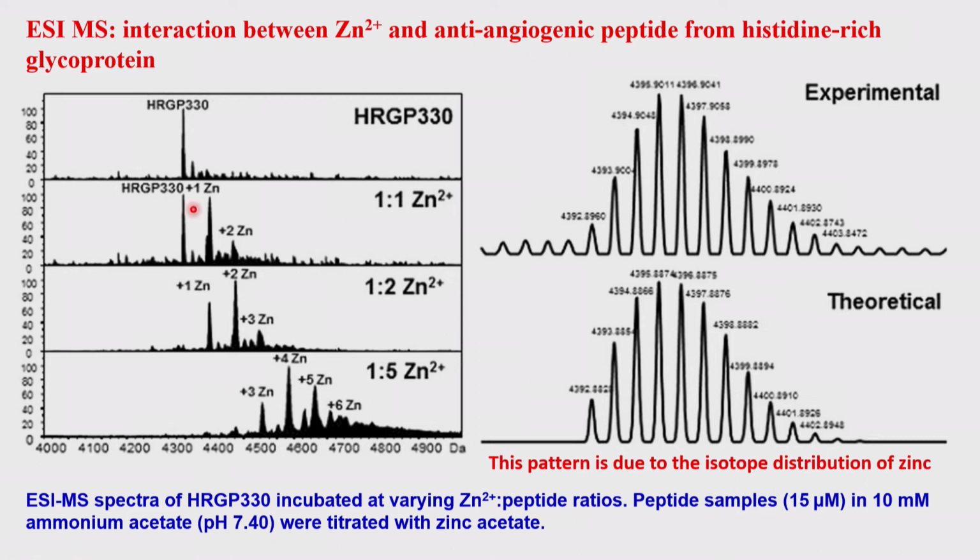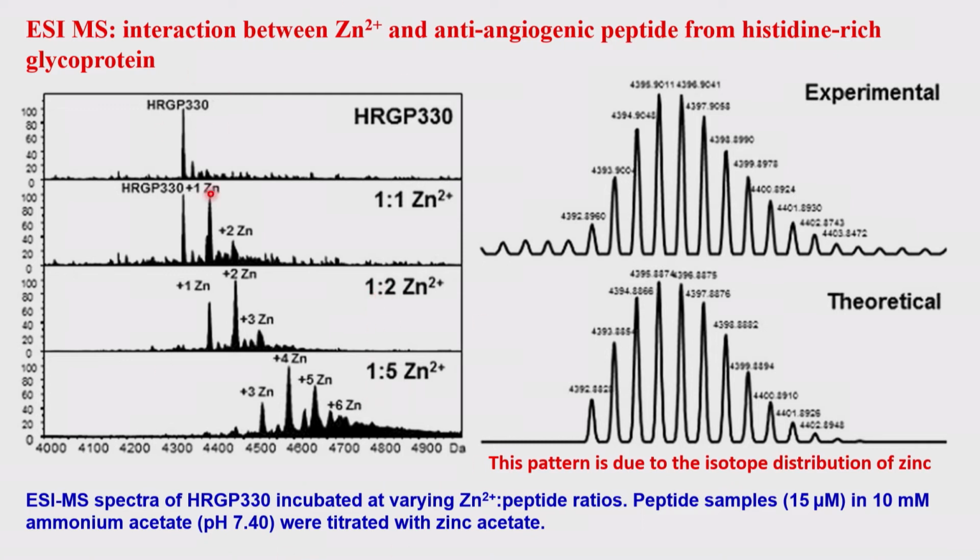I again draw your attention to this particular slide, please. It is a protein, an anti-angiogenic peptide, a histidine rich glycoprotein, HRGP330. And this protein is incubated with zinc 2 plus. So the zinc 2 plus to peptide ratios are given here: this is the protein or peptide, you can call it, with 1:1 zinc, 1:2 zinc, 1:5 zinc. So you are taking your protein and adding 1 equivalent of zinc, 2 equivalents of zinc, 5 equivalents of zinc,